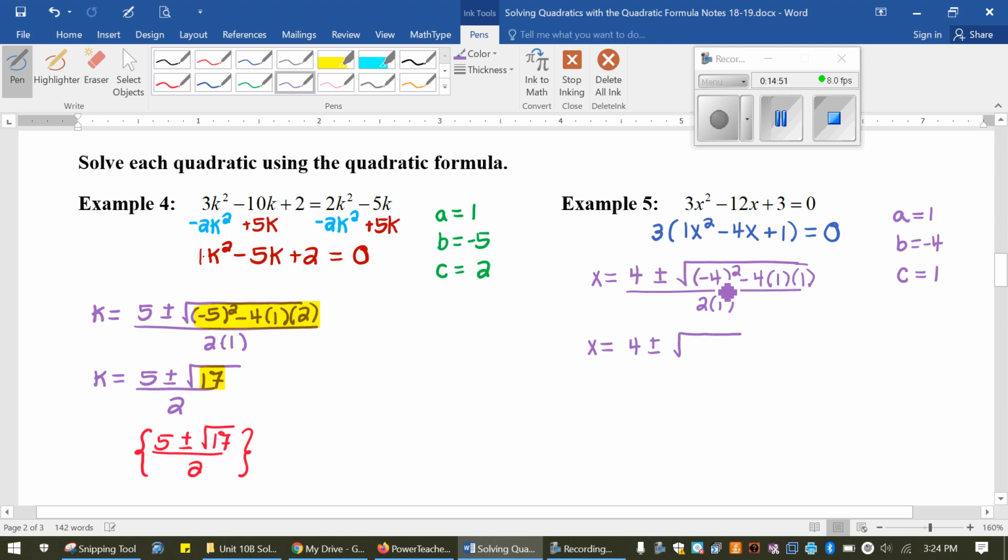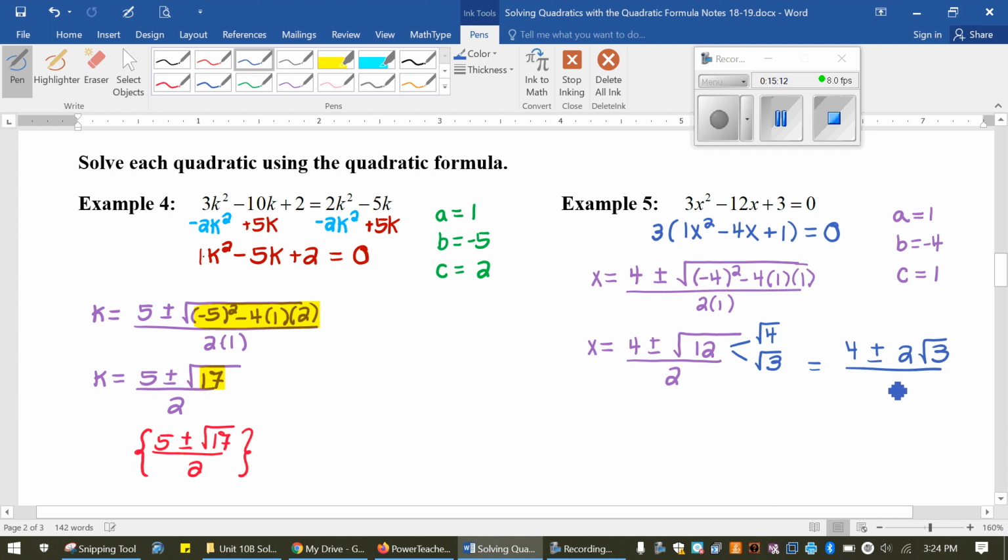So then -4 squared minus 4 times 1 times 1 is going to be a 12, all divided by 2. And then we do have a perfect square factor of 4 that will go into 12 times 3 will leave us with 4 plus or minus 2 root